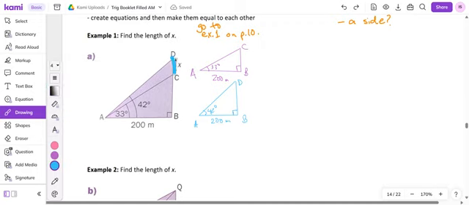How am I going to find that little side? That's true. Okay, what's our game plan going to be? X will equal,